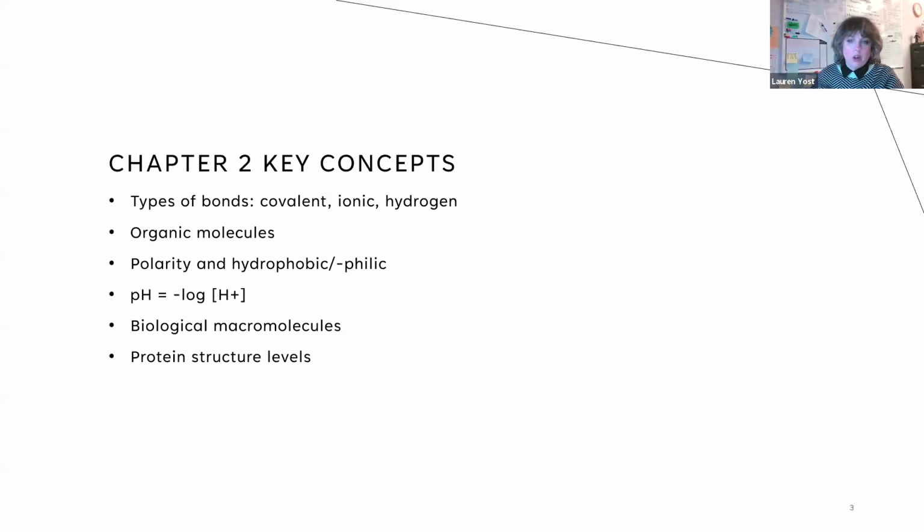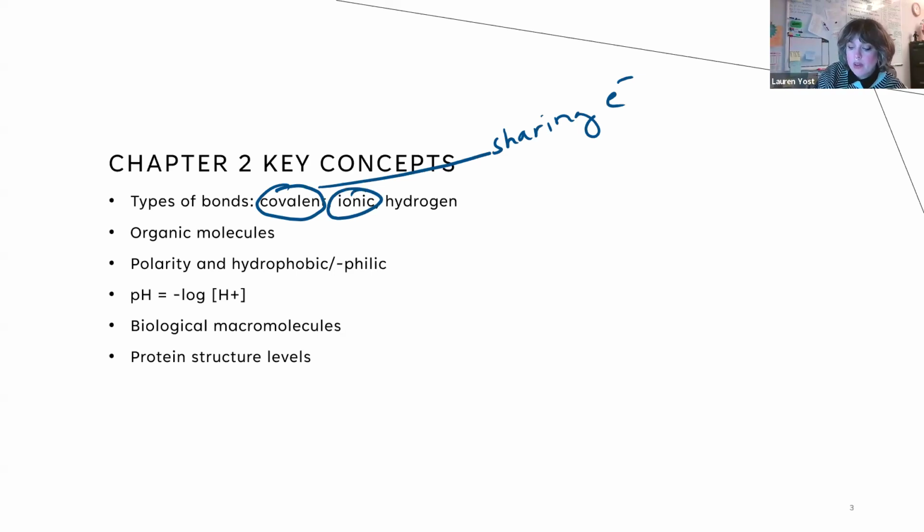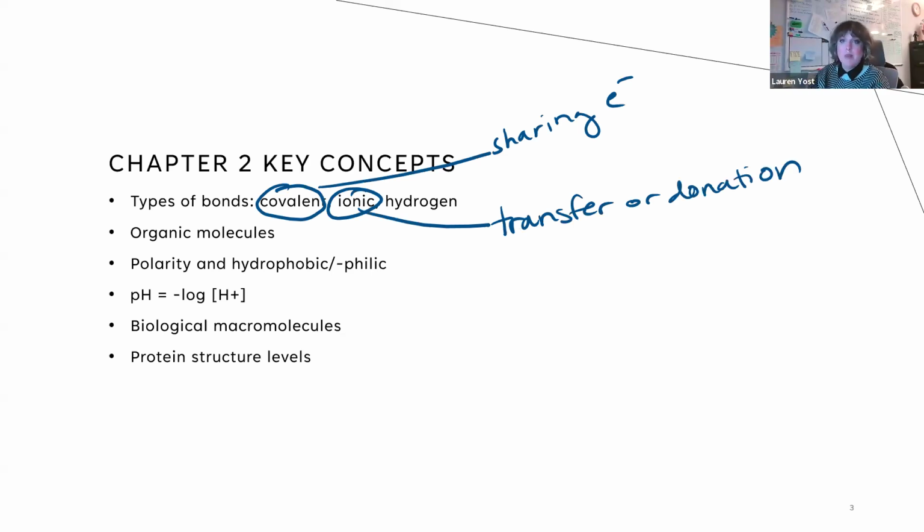Starting with chapter 2, these are our key concepts for chapter 2: the types of bonds, starting with covalent bonds. In covalent bonds, basically what we're talking about is sharing of electrons between atoms, whereas ionic bonds are the transfer or donation, where quite literally an atom is giving the electron to another atom. And this stuff depends very highly on understanding what an atom is and how an atom works. Remember that bonds are things that happen involving atoms interacting with one another, so between two atoms,